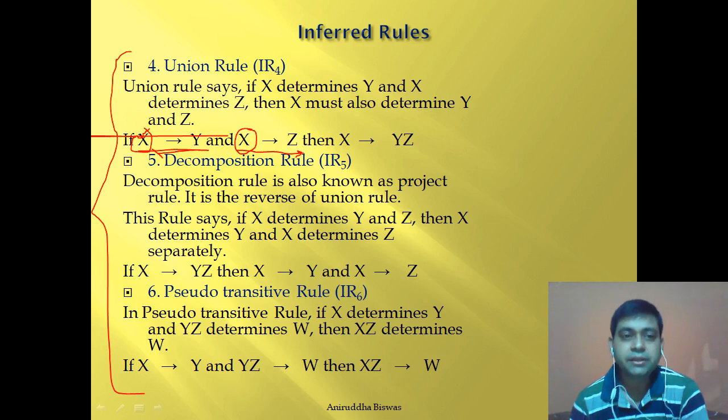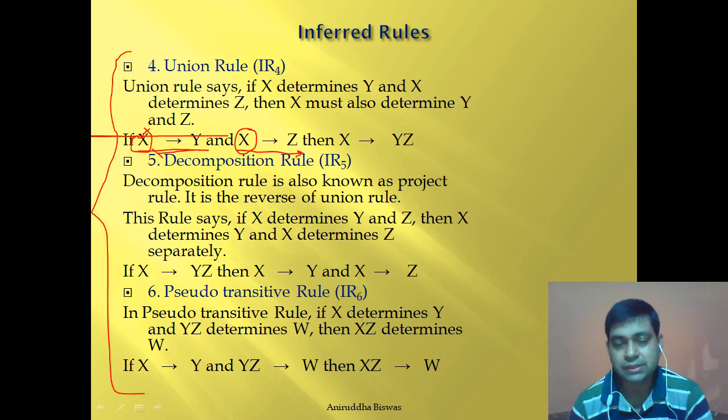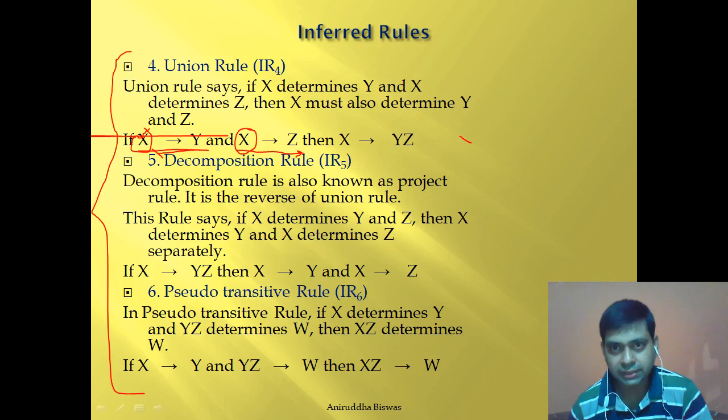So here x determines y and x determines z. These are the two relationships that hold. Then we can easily combine the right sides and we can do union. So y and z, they are being unioned,